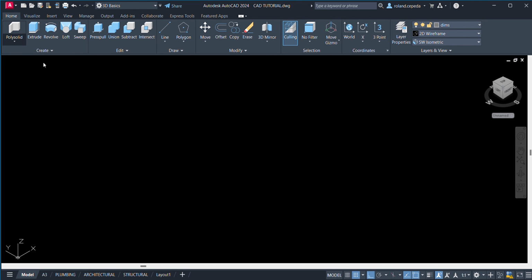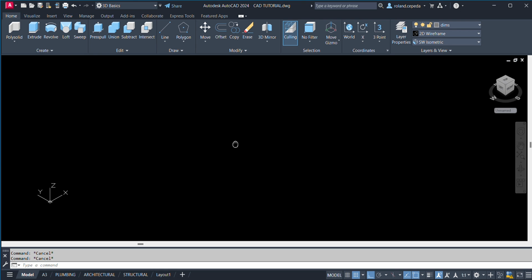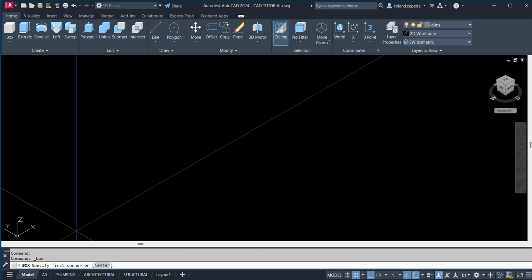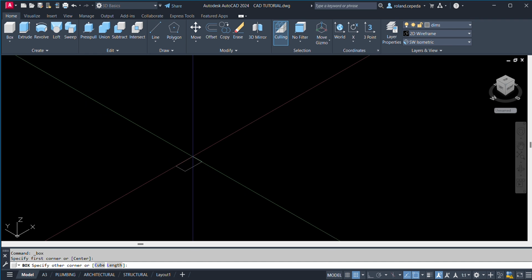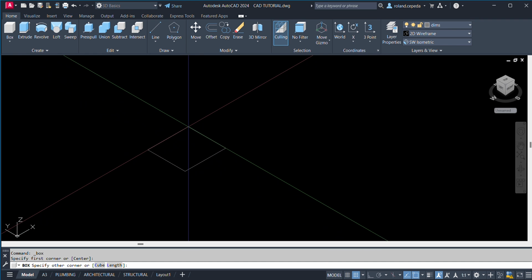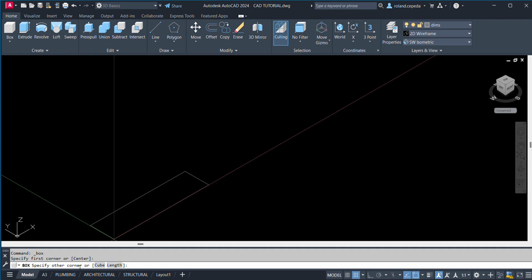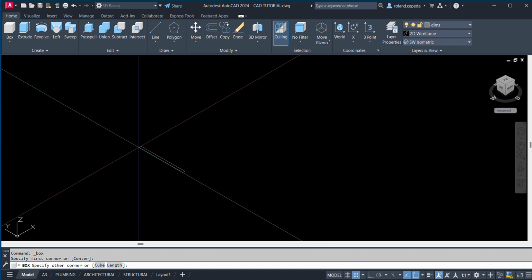So let us try creating a box with dimensions. Let us click box again, and then you have there at your command line, specify first corner of the box. For the first corner of the box, I just use the left click of the mouse, and then specify the length. You have there, specify other corner or cube or length.